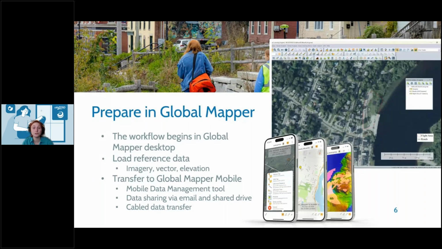So that transfer, once you've saved that file, that can be done via the mobile data management tool in Global Mapper Desktop. That allows for a wireless transfer to and from a mobile device that's on the same local area connection. You can also share these maps via email, via a shared drive or a cable transfer, pretty much any way where you're transferring a file from a desktop or a laptop to a mobile phone or tablet. We're just getting that file from one to the other,